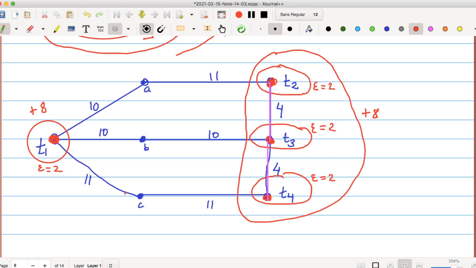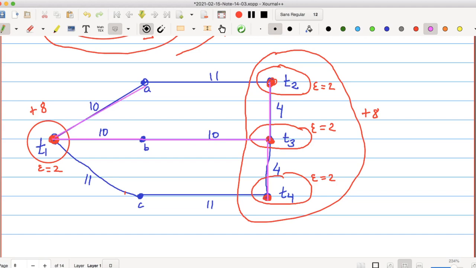If we had some different numbers, then we would have considered the minimum of the two, right? Whichever would have been the minimum number, we would have increased both the dual variables by the same quantity. Okay. So right now we'll increase both of them by 10. When we do that, this will become tight, and this will also become tight, and this will also become tight.